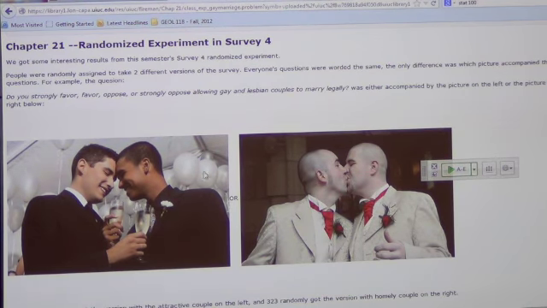We'll go the same way. A is just due to chance. B, no. The pictures would really influence your opinion on this. So A is just due to chance. B is no, the difference is real. It really means that the pictures influenced how you thought. And then you'll do it for homework, you'll see.